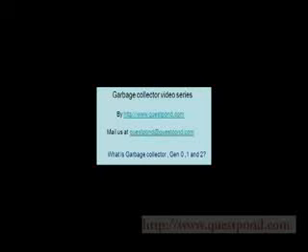Now attached to the garbage collector, there is one more important concept called generations. There are three kinds of generations: generation 0, generation 1 and generation 2. Let's try to understand the concept of generations, what exactly these are from the garbage collector perspective, and how they affect garbage collector performance.